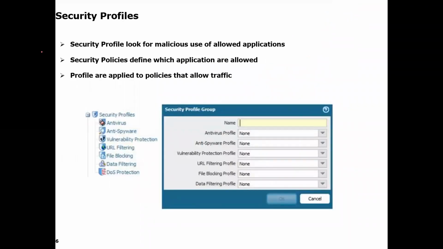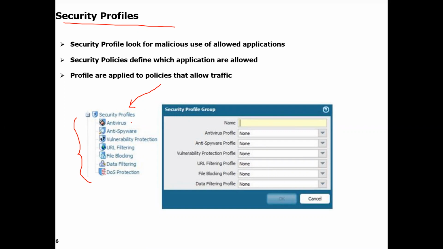Okay, so what do we do? Security profiles. See, as I said, if you don't use the security profile, then you're using a normal thing like user ID and app ID features only. But this is a unique thing, the security profile. If you don't use the security profile in your rule, then your rule is a flat rule. It doesn't have any next generation capability.